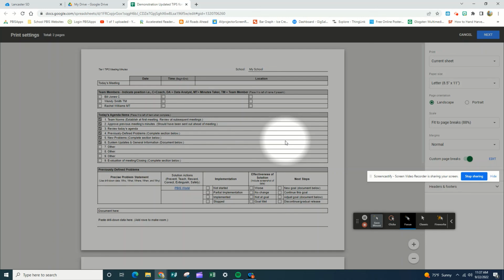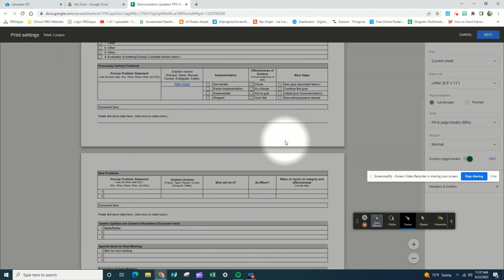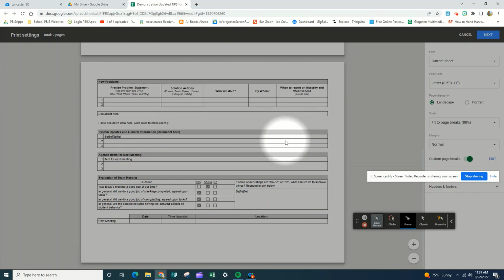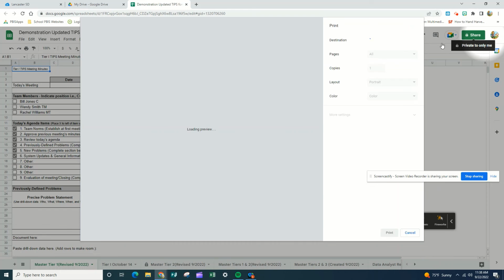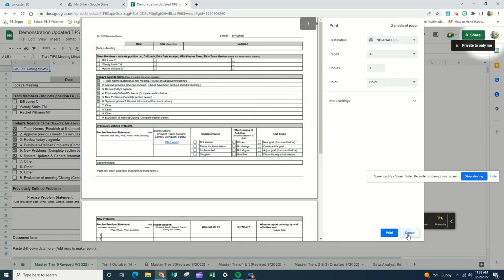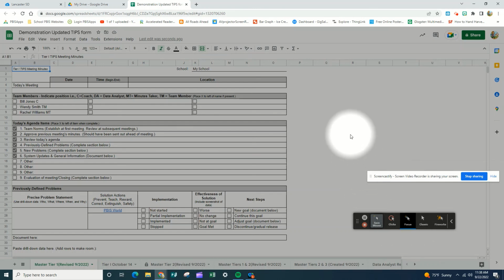And then you just go to confirm breaks and you can see where it's split. And then from there, you're going to click next and use your regular print dialog to print it out. You can do it two-sided, flip on the short edge if you do two-sided for this. Otherwise it'll be upside down on the other side. And then that's all you have to do. And that's it. That is a tier 1